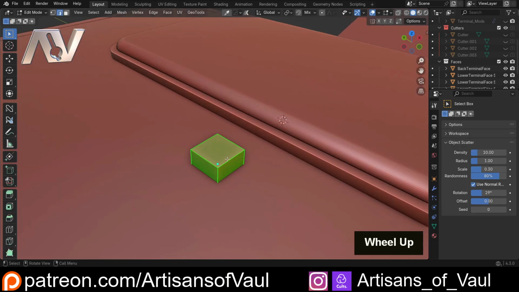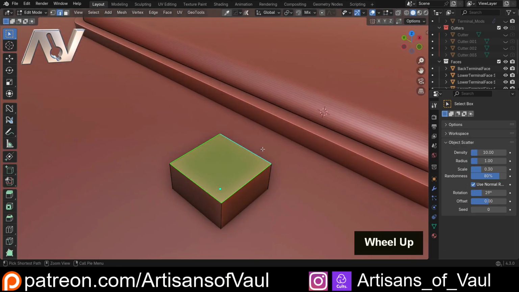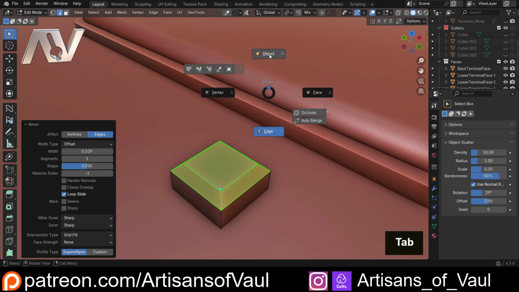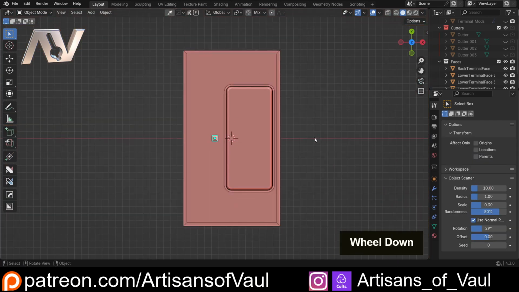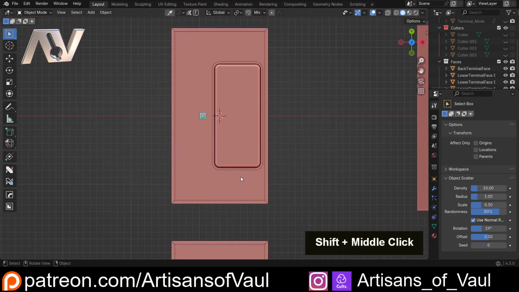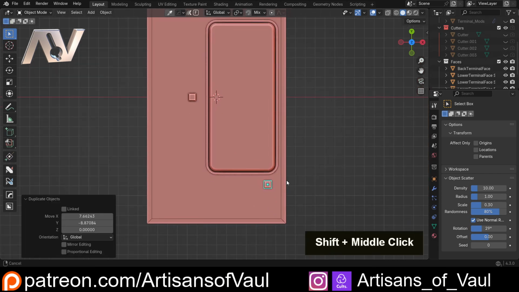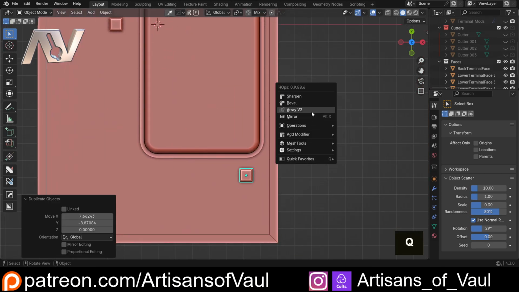You'll see what I mean in a second, but before we do that, let's select those edges, Control and B, and put in a bevel, just so it looks a bit more like a keyboard button. And let's, I don't know, let's deal with some of these up here. So let's Shift and D, we're going to put one here,